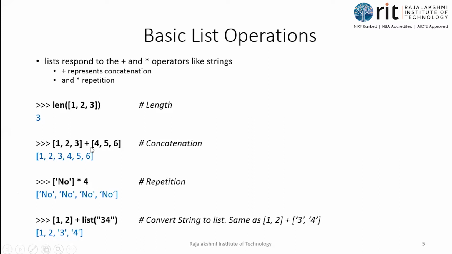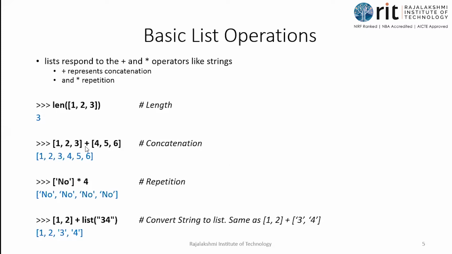See, though you have the numbers here, look at the second example, 1, 2, 3 within square brackets. So it is obviously a list. On the right hand side, we have 4, 5, 6. So it is again a list. Even if we have different types also, it is allowed because a list is a collection of values of different data types. Don't think that it should always be of different types. I can even have the same type also. When dissimilar types are allowed, similar types are also allowed, isn't it?